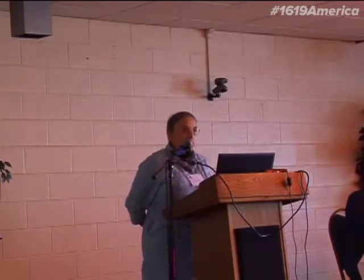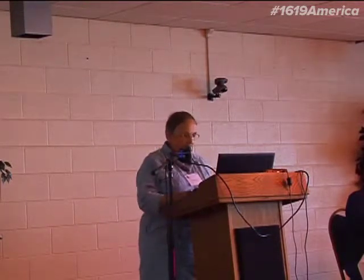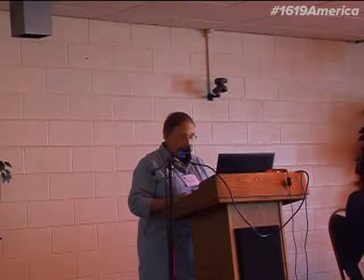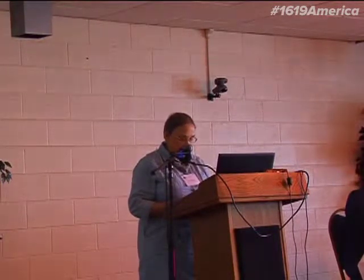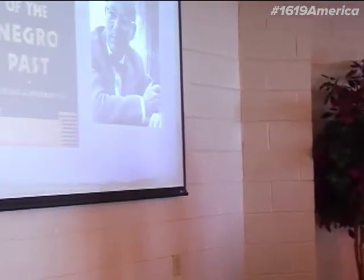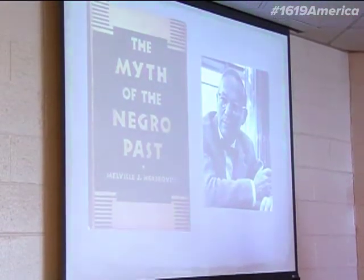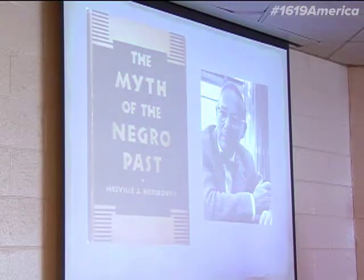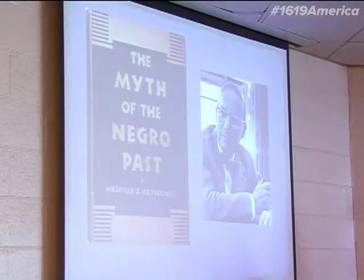Despite the disregard with which many scholars treated the subject, African Americans themselves knew that in fact their enslaved ancestors did possess a rich material heritage. In his groundbreaking book, The Myth of the Negro Past, published in 1941, anthropologist Melville Herskovitz argued persuasively that African traditions continue to influence African American cultural behaviors. However, mainstream academic acknowledgement of this fact did not begin to change until almost 25 years later, when the late